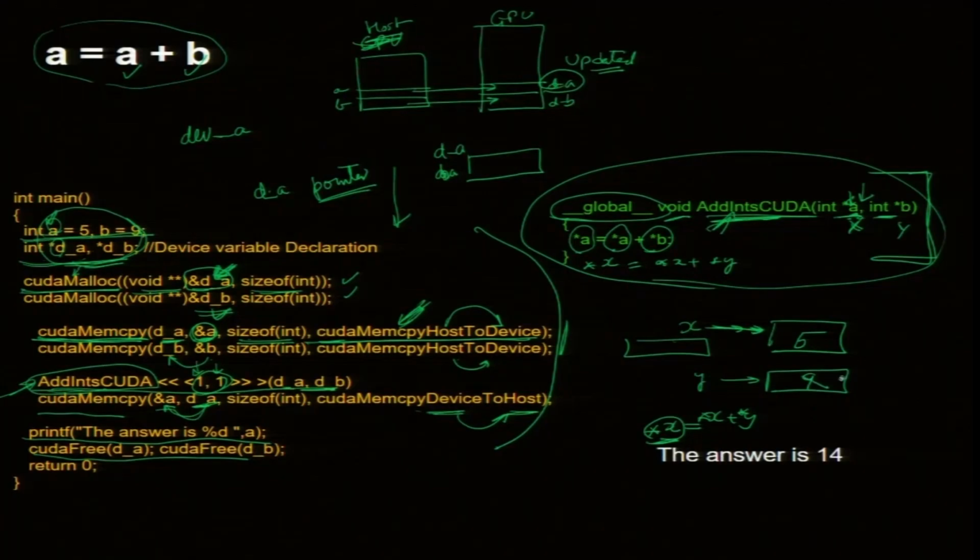When you give the address, you have given the key to the house. The guy is changing the variable. This variable is already changed. So, this 9 has become 14. When I did this line, it is already changed.